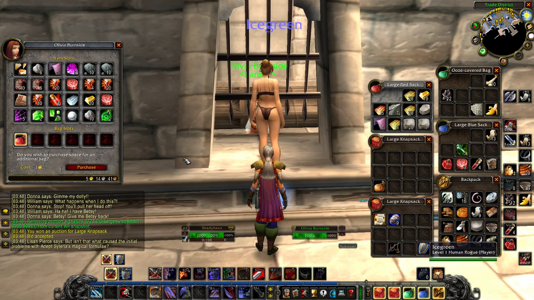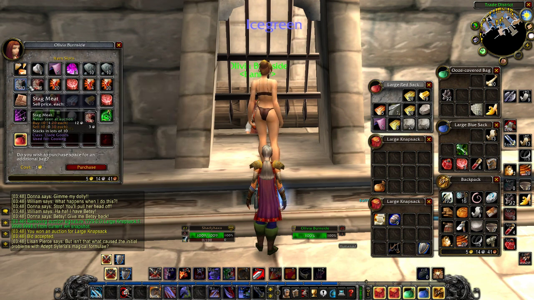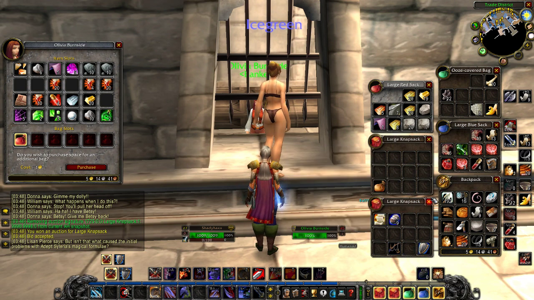Okay. And what else we got here? Anything else we can get rid of? We can get rid of this meat for now and just send it to my other character. Alright, and that'll give us some more inventory space. So we can throw